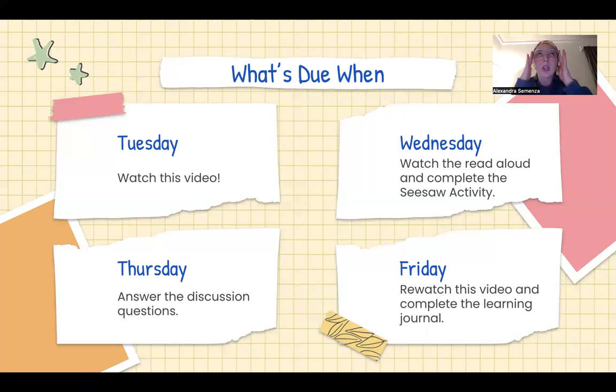What we can do with the learning journal is meet any day throughout this week. You can send me a message or an email, or you can ask mom or dad to do that for you. And we can meet on Zoom on a video and talk about what you learned this week, or you can submit a video, audio, or a text about what you've learned this week. There are a few questions that I want you to talk about in your learning journal, so make sure you look and double check that you're answering them.